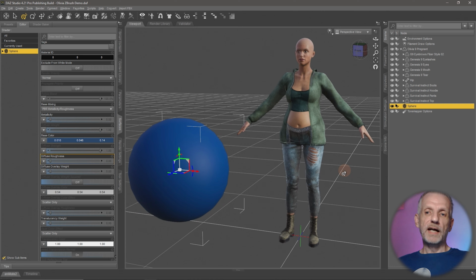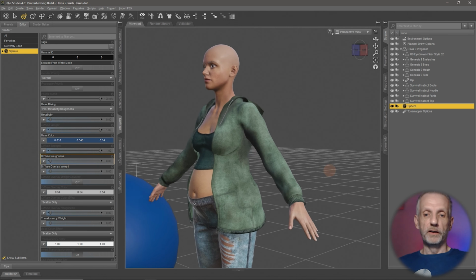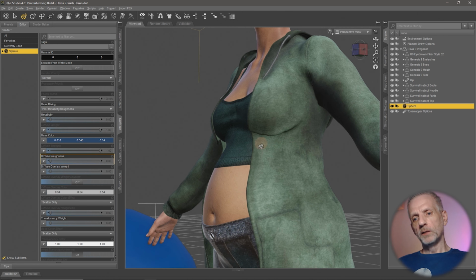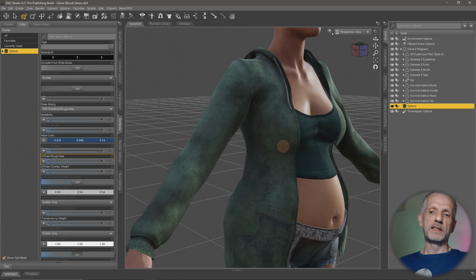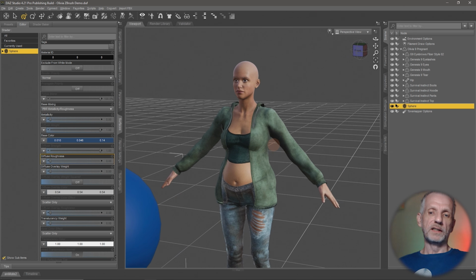I have a Genesis 9 character here, Olivia, with a pregnant morph, and I've put some Genesis 8 clothing on her to show you some of the issues that we can easily fix with GoZ. Like the underboob thing is a problem, so we're going to fix that in a moment. And also, as I go to posing the character, some of the weight maps need a little bit of an